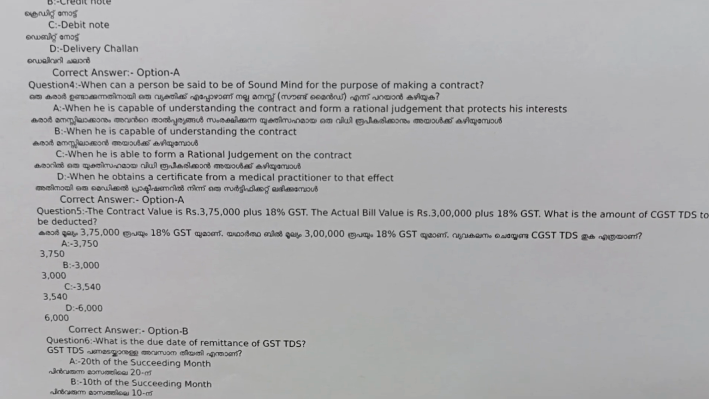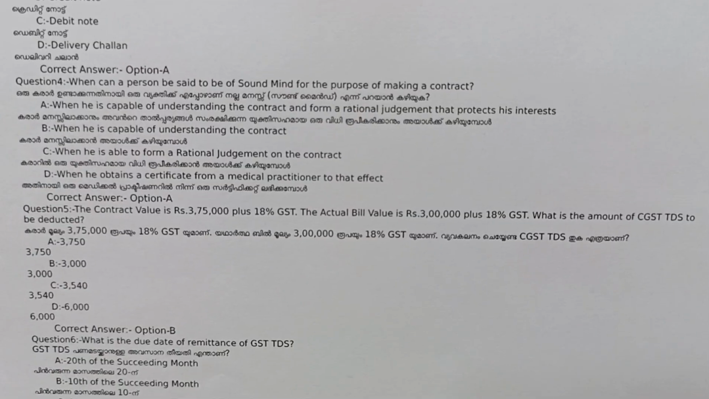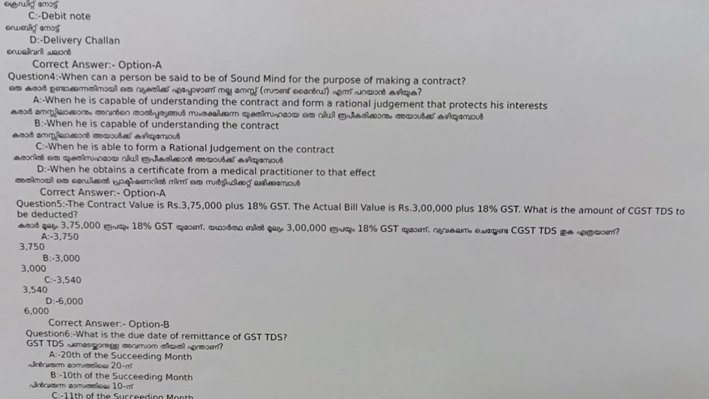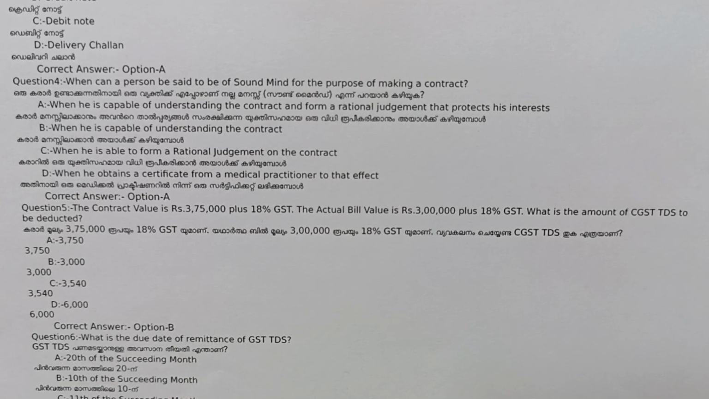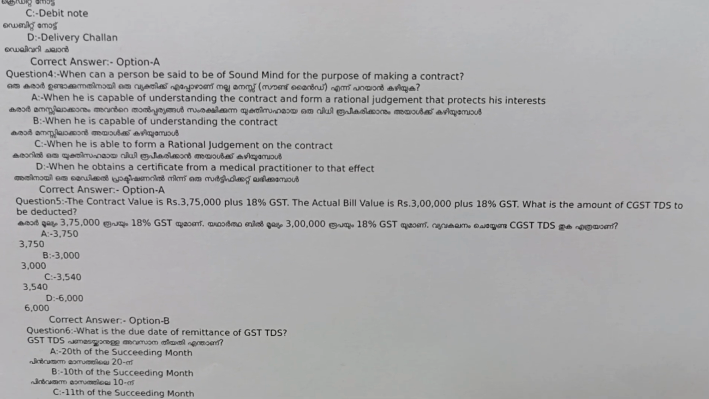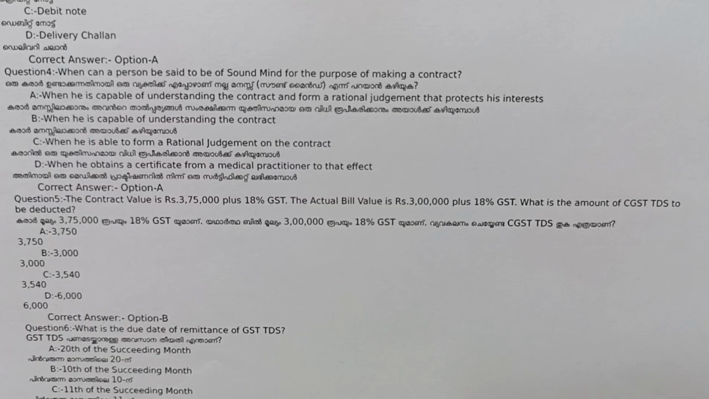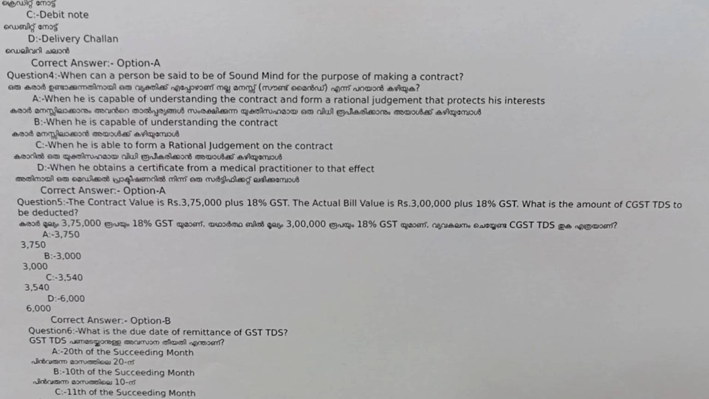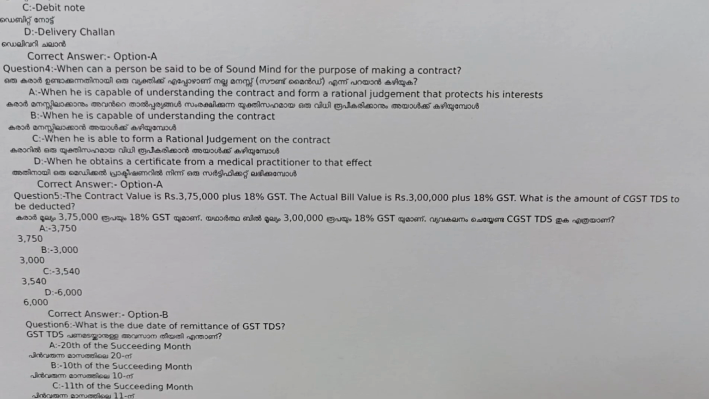Question number 4. When can a person be said to be of sound mind for the purpose of making a contract? Answer option A. When he is capable of understanding the contract and form a rational judgment that protects his interest. Question number 5. The contract value is rupees